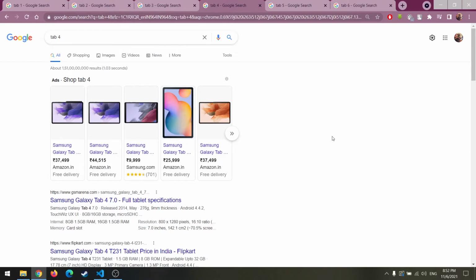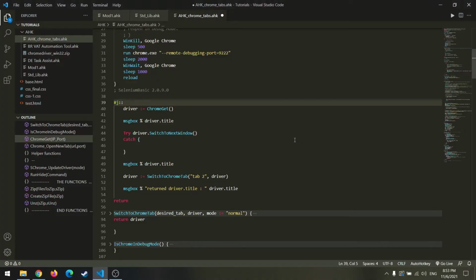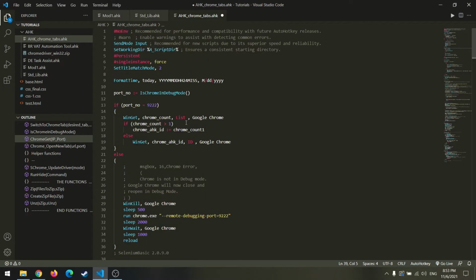Now the Selenium method works well even if the Chrome browser is minimized or if it's in the background. That's not a problem. The code is fairly straightforward. Let's jump into it. Before we actually look at how to shift focus, we first need to link the Chrome driver instance with an already running instance of Chrome browser.